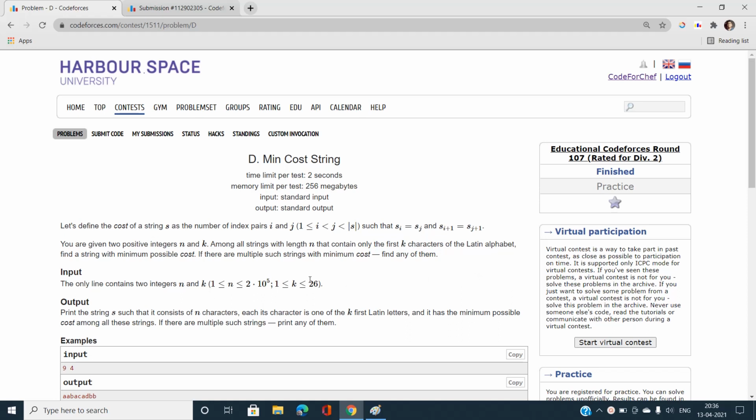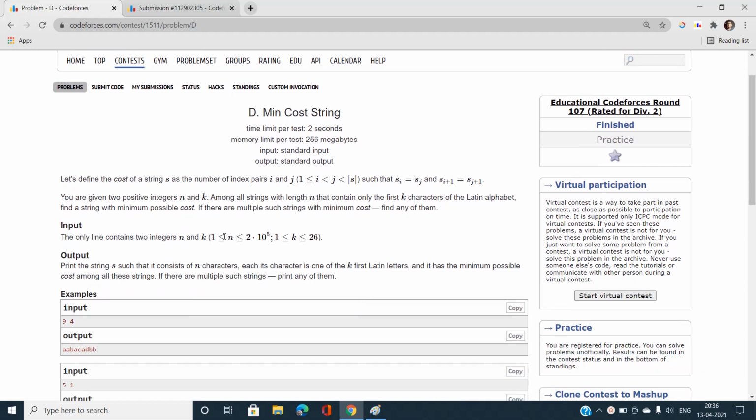No need to worry. I am going to explain the entire problem statement with the help of examples, and how to analyze this problem and find the best solution. Okay, so n is going to vary up to 2 times 10 to the power 5, and k is going to vary up to 26, obviously, because there are 26 characters in the alphabet.